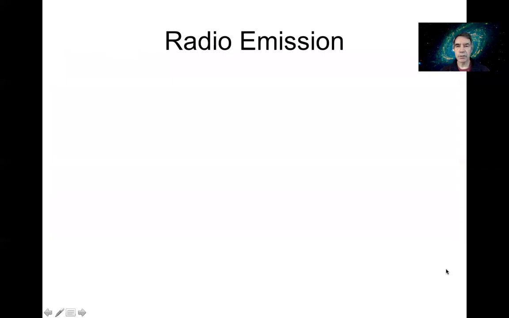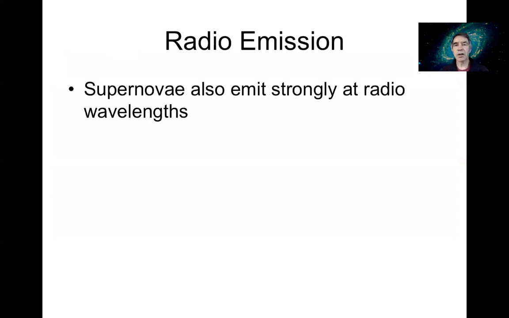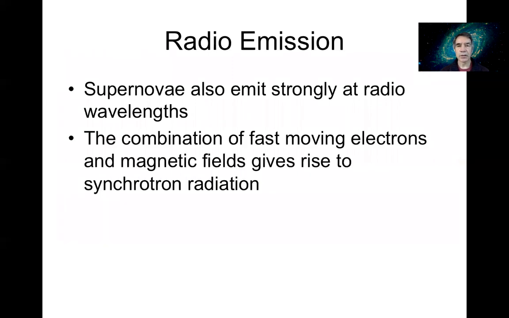Okay, so X-ray emission is not the only way that supernova remnants can be found. They also emit very strongly at radio wavelengths. Here, again, we've got electrons that are being accelerated. It's similar to the Bremsstrahlung mechanism, but it's crucially different, because here, what's accelerating the electrons is the fact that there are magnetic fields